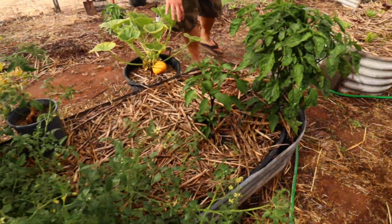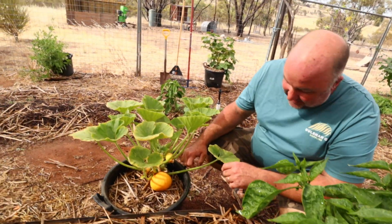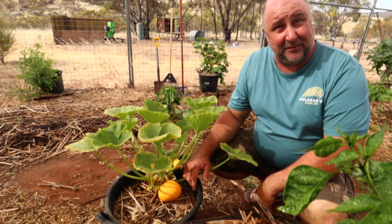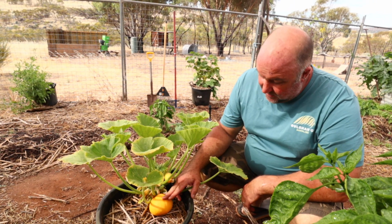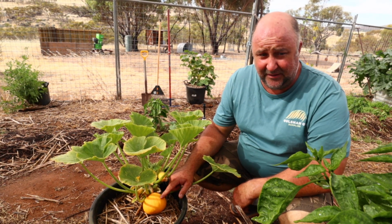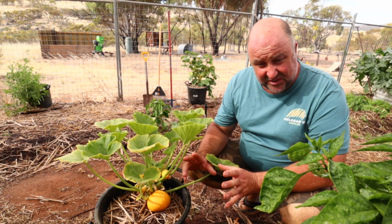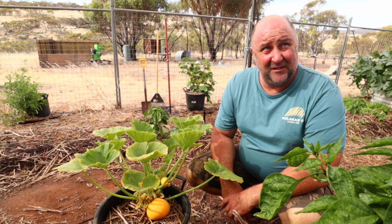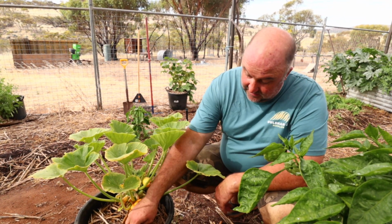we have this random plant here. I think it's like a pumpkin slash squash plant. I'm not real sure. It's a patio pumpkin. Yeah. So it's been struggling. I think it's because it's in this pot. But this fruit here basically just appeared the other day. I didn't even notice it, and it was there. And now we've got a few more little ones, so we're just going to leave it, see what happens. I think one of the reasons might be that I pulled out the other 2 plants that were in there, because I did overplant it. And as soon as I pulled them out, that one was able to...